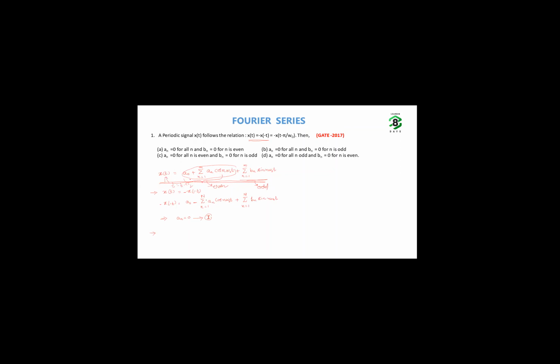After a period of time, we will remember this relation. If the signal is even, it is going to contain only cosine terms and DC terms. If the signal is odd, it is going to be purely sinusoidal. Over time, with practice, we can remember that. But if during the exam we fail to recollect, the objective is to quickly choose the correct answer. Now, as discussed, substitute t minus T by 2 in place of t, and with basic algebra we end up with these equations.